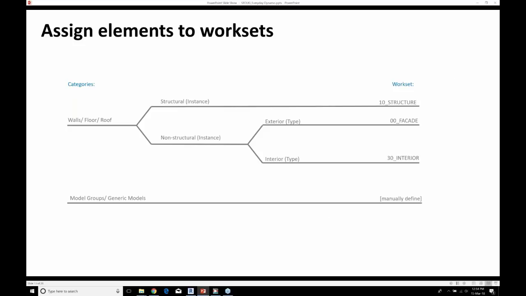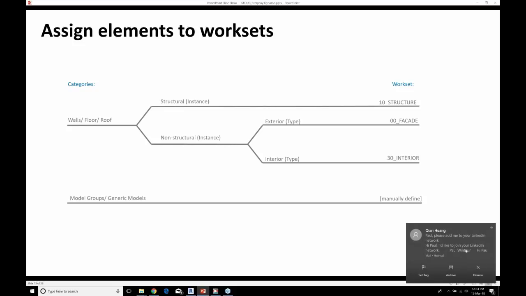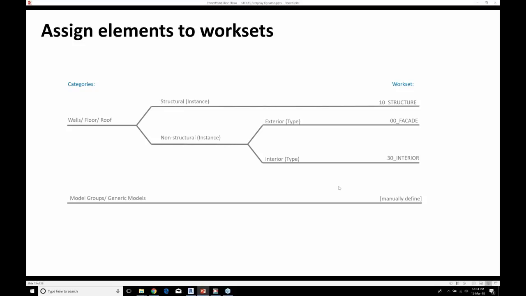Where it gets a little more tricky is where an element could belong to any number of worksets, depending on a series of what-if scenarios. The way this is structured is for all walls, floors and roofs: if it's structural, so if the instance parameter is ticked, it goes onto the structural workset.